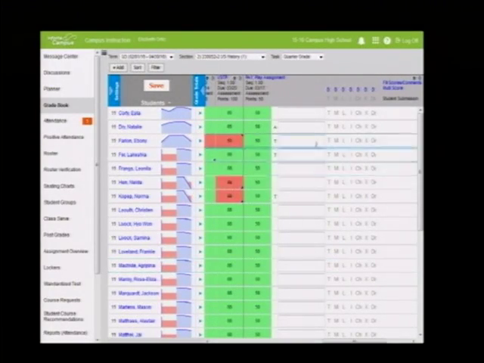Now, these tick marks over here, you heard me talking about missing assignments or something like that. This is what these mean. So this is turned in, this is missing, this is late, this is incomplete, cheated, exempt, and dropped. You notice my kiddo here has 50 points, but if I say that student cheated, see what happened to 50?